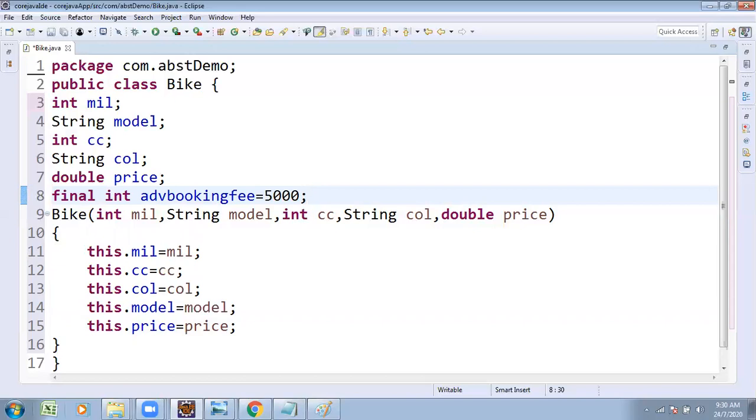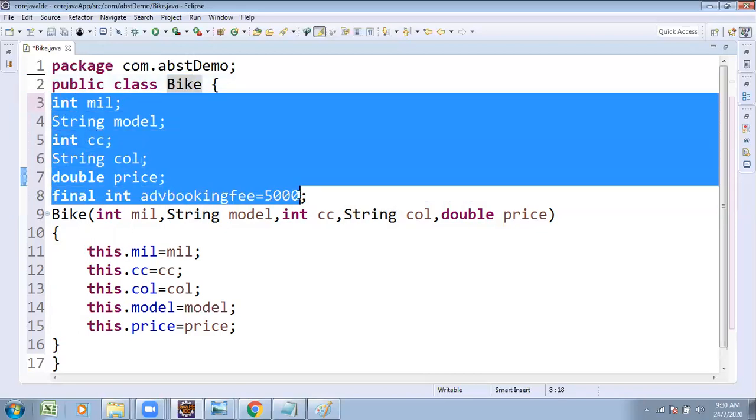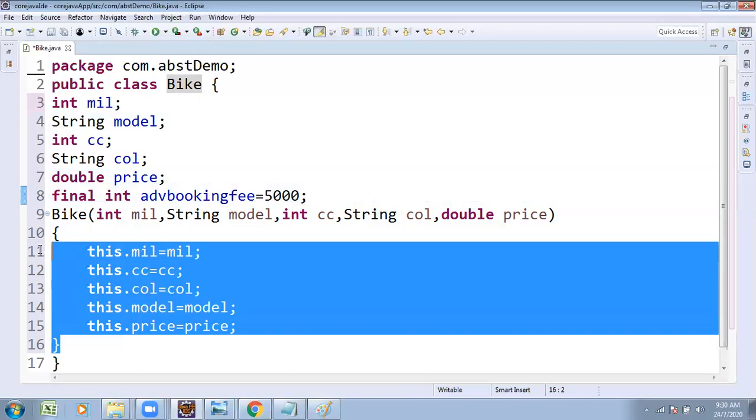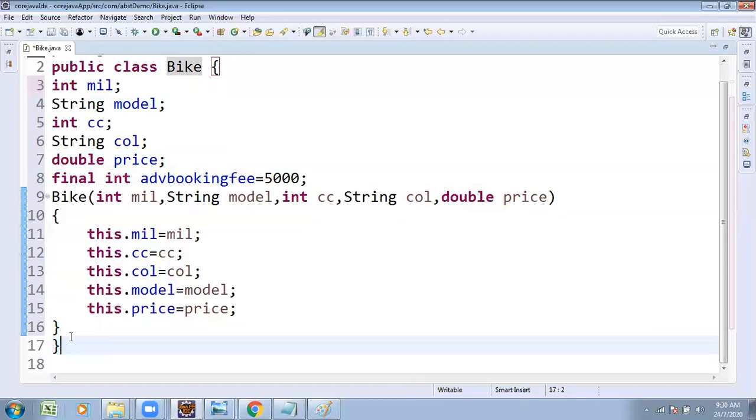Any bike you want to purchase is not immediately deliverable, so they want some advance booking amount. Once you pay, they give some time and then deliver the bike. There are variables and constants. A class supports variables as well as constants, and it also supports constructors.